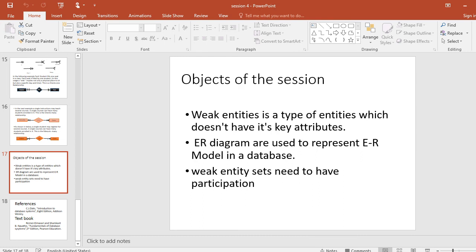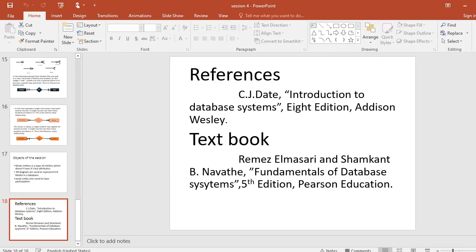Whenever you want to create one, you can refer to all this information. You can easily develop a proper ER diagram. Next, whenever you want to create a database management ER model, you can refer to some books. These are the references for database management using ER diagrams for different database designs.